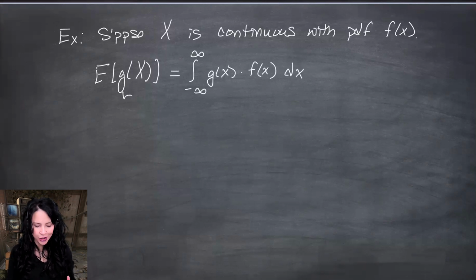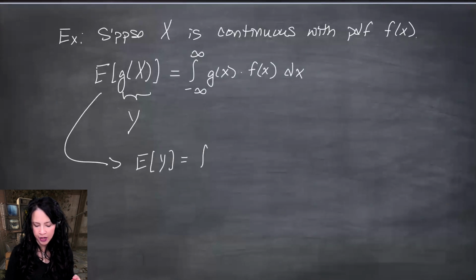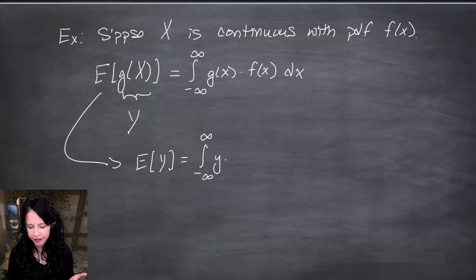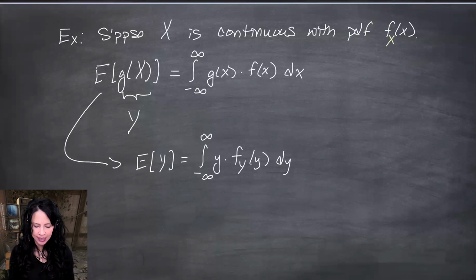Once again, this is a new random variable that you might call Y, and it has its own distribution. So this literally would be the expected value of Y, which would be the integral from minus infinity to infinity of y times its PDF. So I already have an f here, so I'm going to write this as f sub Y of y, so it doesn't look like the same function, I'm going to throw in a subscript. And maybe I should have done that from the beginning because there are two random variables here. So let me go back up here and make this f sub X of x, and I'm going to put that in over here.